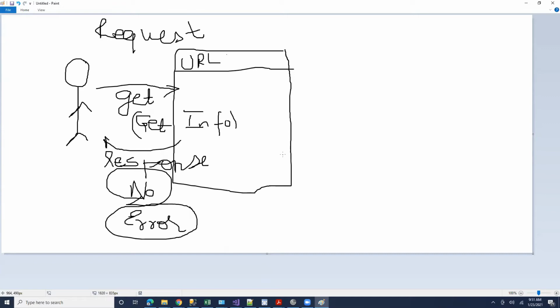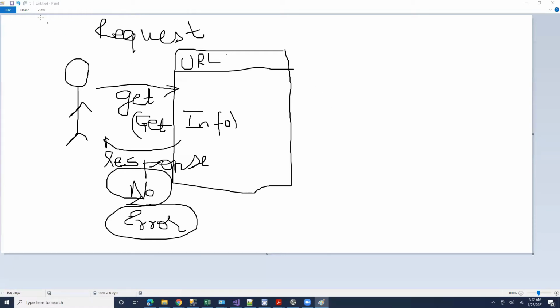What if you want to give him some data? Oh, giving data, right? Exactly. Yeah. So you could give data to your friend also, right? Instead of just asking your friend, you could also give some information to your friend. Now, there are two ways in which you could do this. So you want to give info.